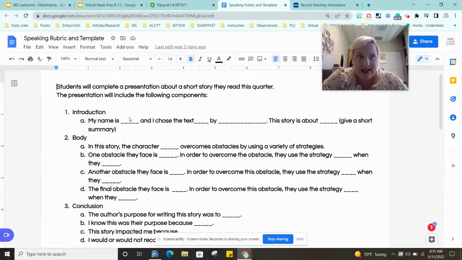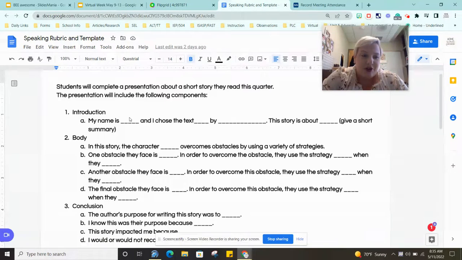Maybe it's to entertain, and to persuade you to think a certain way or to take action. Persuading can be persuading you to think differently, persuading you to take action. Entertainment could be, it's supposed to make you laugh, it's supposed to be suspenseful, it's supposed to be scary, whatever it may be. And then informational, obviously, would be like it has facts inside of it, more so nonfiction texts,